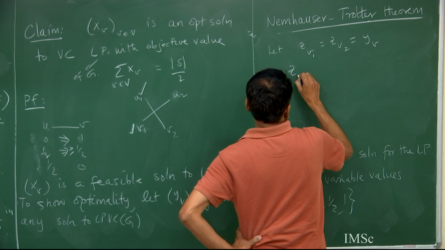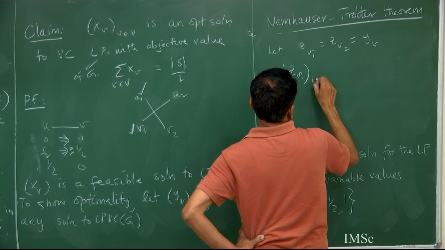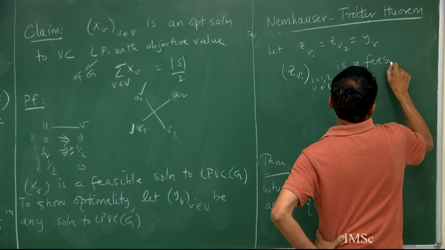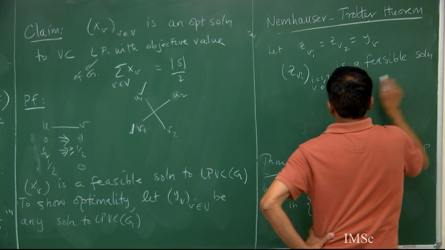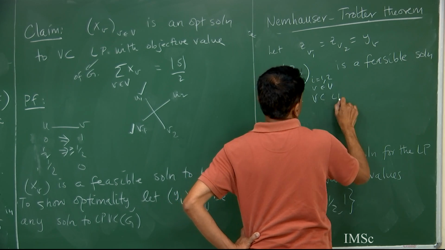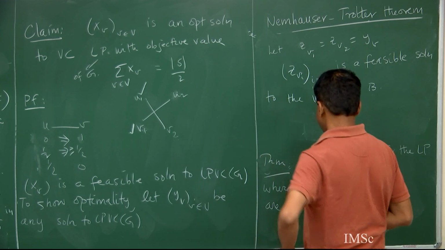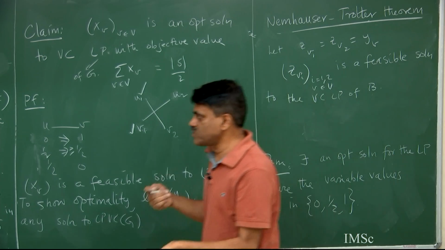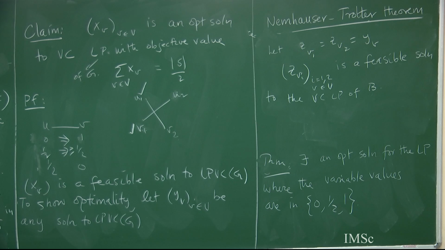Z_Vi, i equal to 1, 2, v in V, is a feasible solution to the vertex cover LP of the bipartite graph P. Okay. It's a fractional solution, because these LP values can be fractions. It's a fractional solution. It's a feasible solution. And so